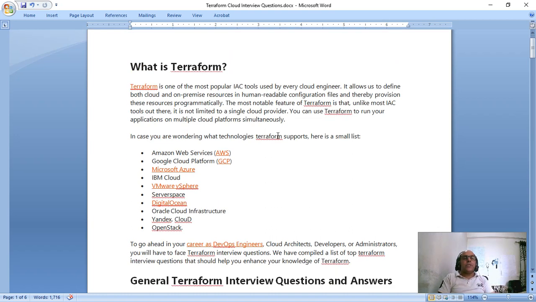Terraform is helpful for you to do the automation part. When you are creating your resources via console, it is good, but there are chances of human mistake, and the time taken is also another issue. If you want to work with agile, it is easy to maintain. You can create code pipelines, and with the help of pipelines you can do things very quickly with Terraform. So that is the advantage.